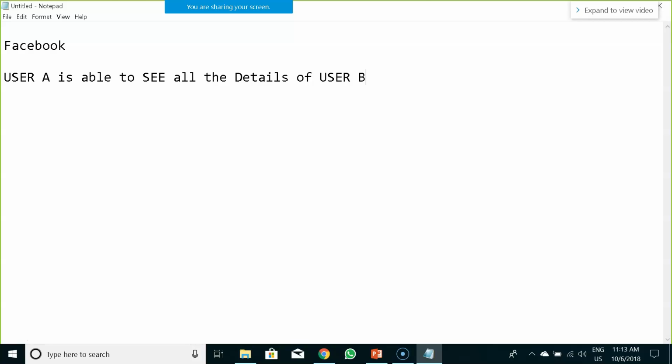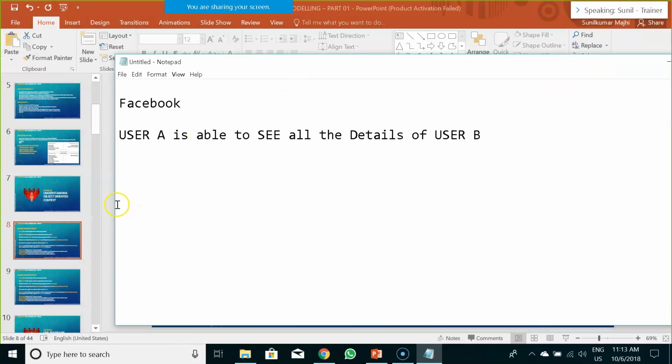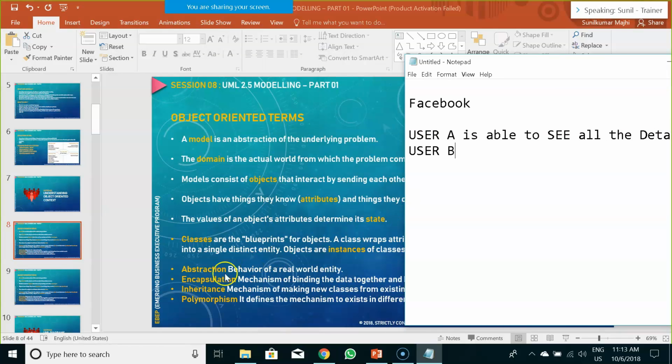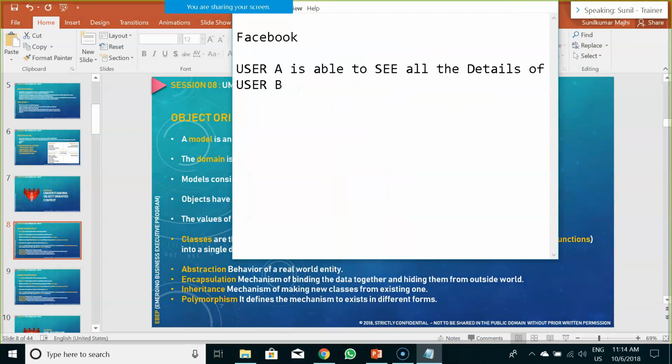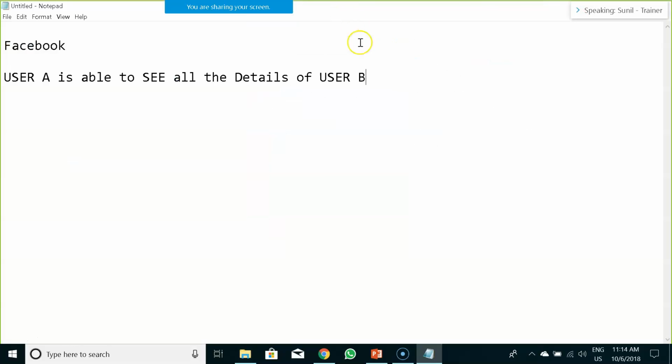Now my first question is, out of these four things that we saw just now, does it fall under any of these? Abstraction, encapsulation, inheritance, or polymorphism? You can see the definition as well here.